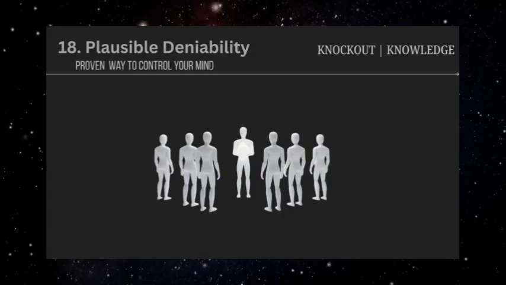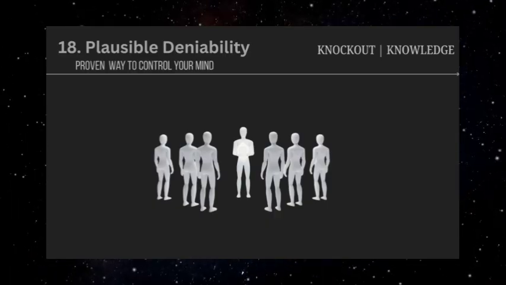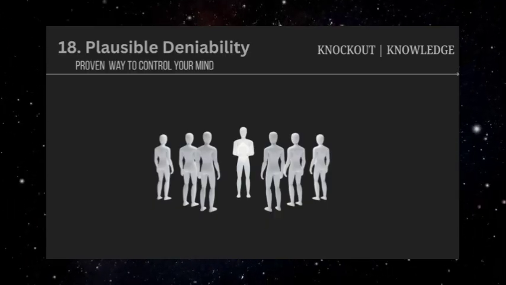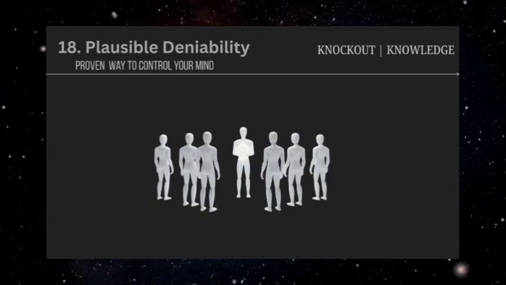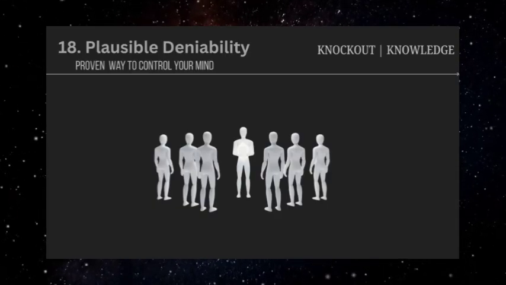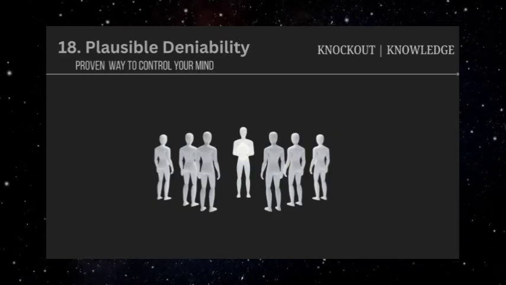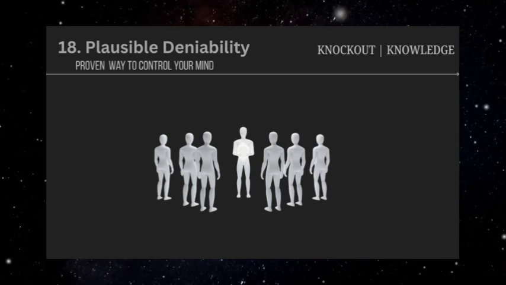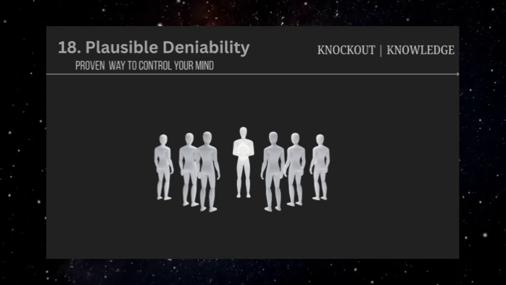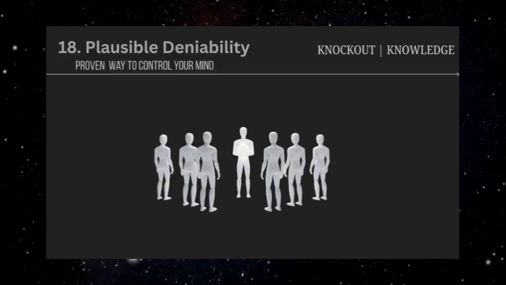Each individual incident might seem minor or explainable, but the pattern creates significant stress and confusion for the target. They begin to doubt their own perceptions and judgment, wondering if they're imagining problems or being too sensitive. Manipulators often prepare their deniability in advance, thinking through how they can explain away their actions if confronted. They might create witnesses, documentation, or circumstances that support their innocent explanations, making their deniability seem more credible when challenged.